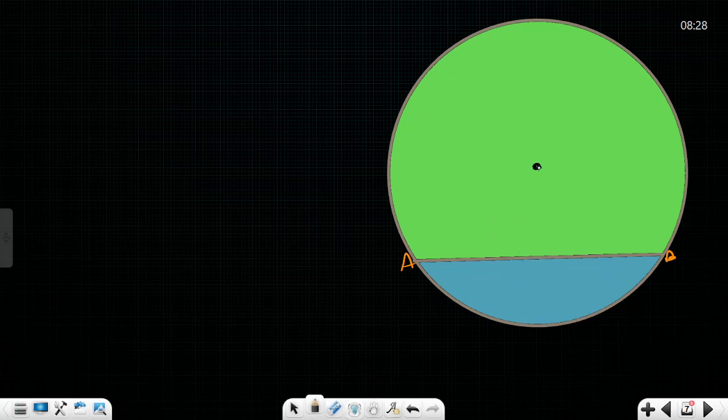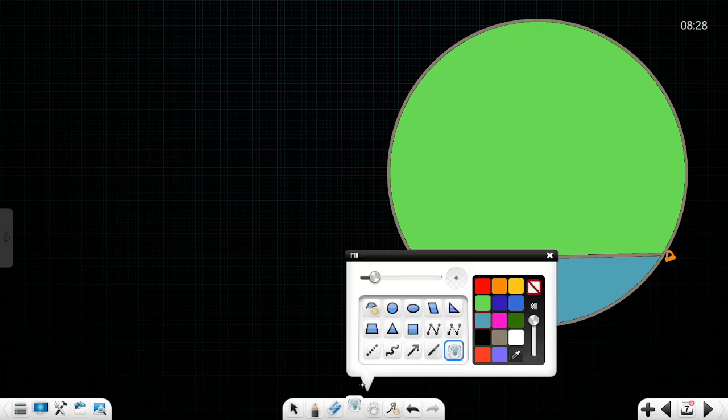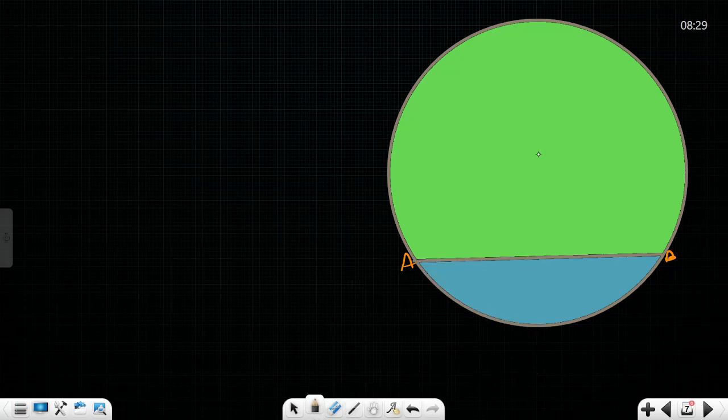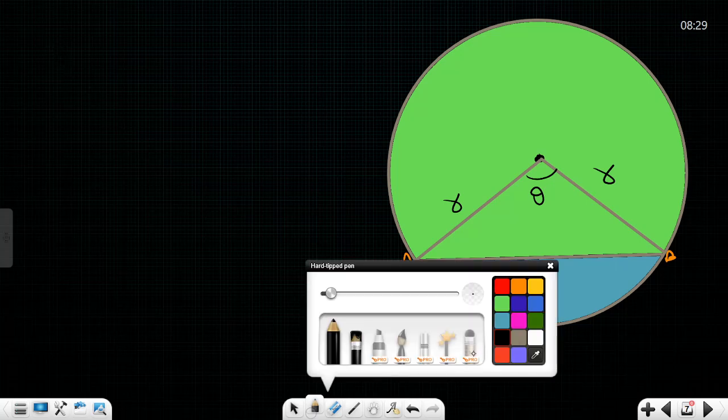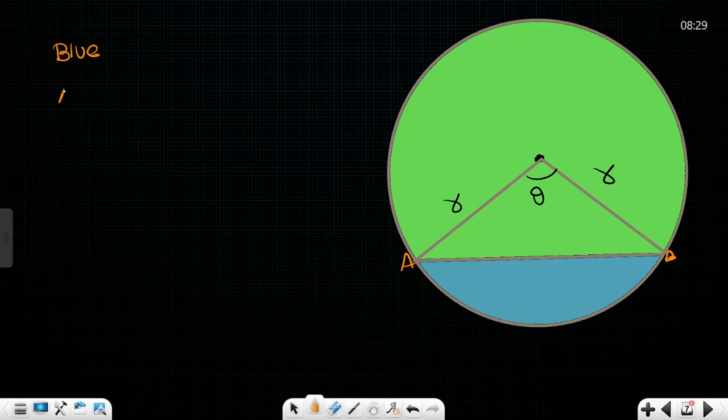Let's say this is the center of the circle. Yeah, this is the radius, and this is angle theta. Now we need that blue color area, right? So the blue area is nothing but